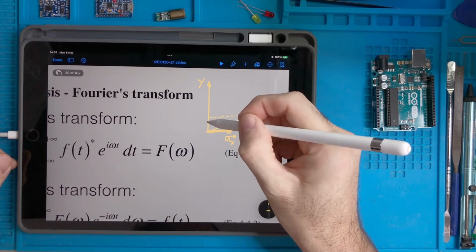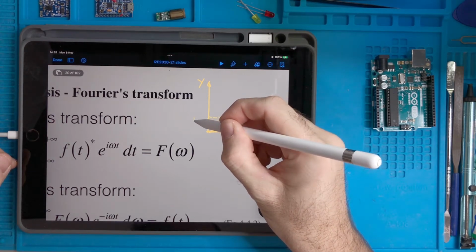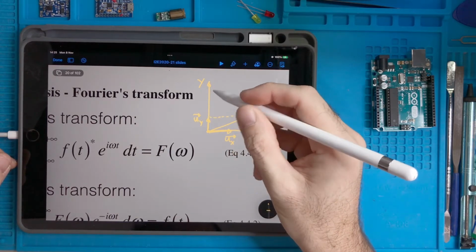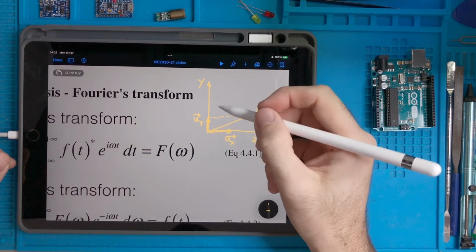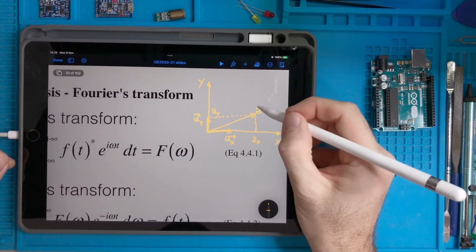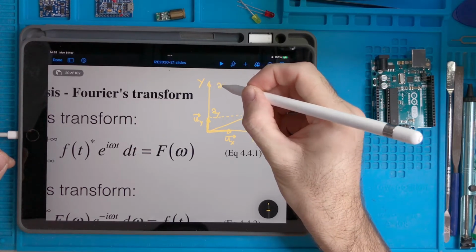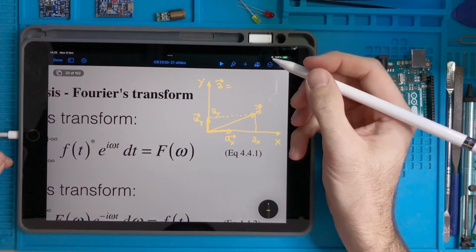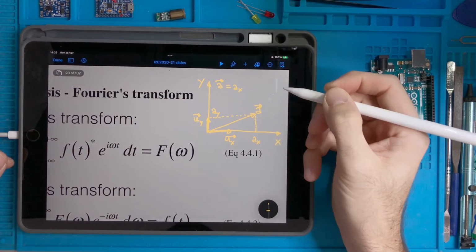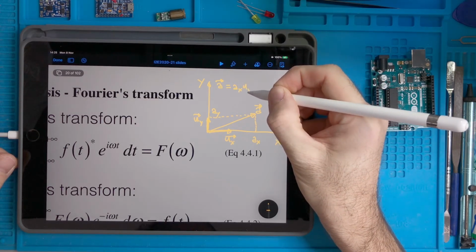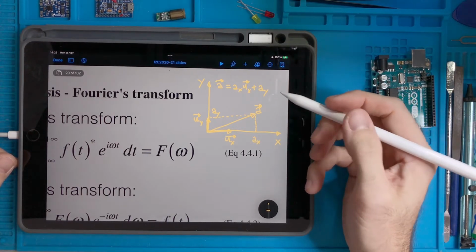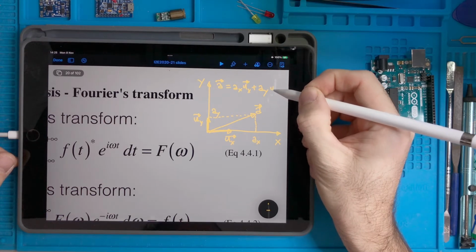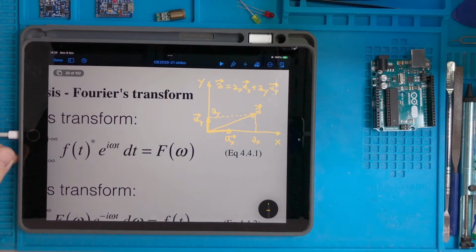Similarly, we can do this. Here we have the vector UY, and the length of this projection we call AY. This is the vector A, and we said that the vector A is a bit, which is the length of the projection multiplied by the direction, plus a bit, which is the amount of the projection multiplied by the other axis: the parallelogram rule.